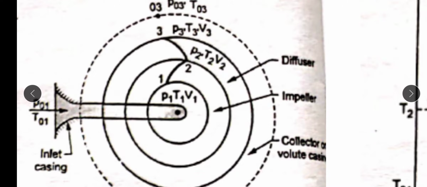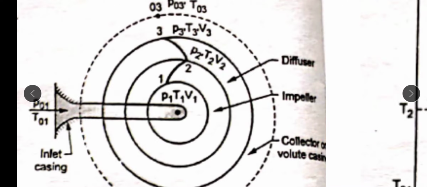Once that air enters the impeller, both velocity and pressure increase. So as compared to the atmospheric condition, the flow velocity of air inside the compressor is more. In other words, the atmospheric or ambient flow velocity compared to the flow velocity inside the compressor is negligible. Hence the property outside the compressor can be considered as stagnation properties. That's why the ambient pressure and temperature are given as stagnation properties, that is P01 and T01.